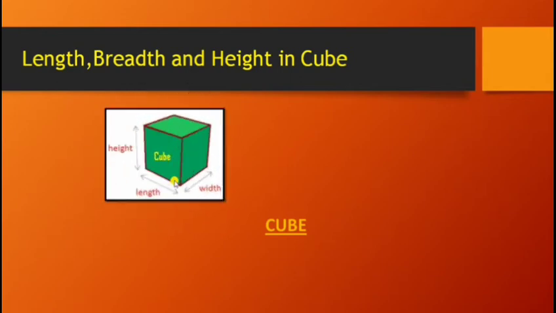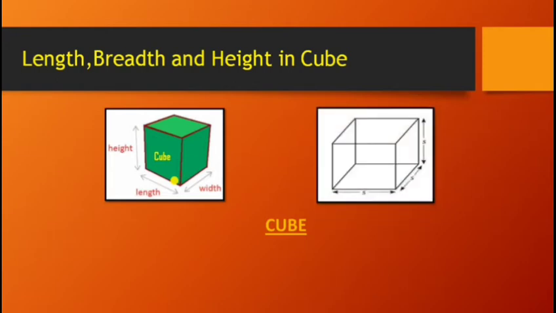So in this, what we will be seeing is the sides. When we make a view on the figure that is a cube, you will be seeing the length. In the previous example we saw a cuboid, where it was considered as length, breadth, and height.